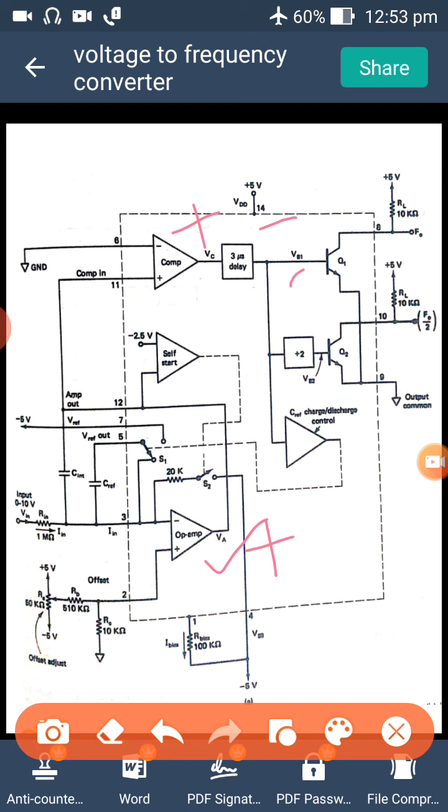If a low voltage is given at the input of the transistor Q1, then what happens? The transistor Q1 will become off. Right, if a low is given, the transistor will obviously be off. If the transistor is off, then the output frequency F0 will be high. This is the theme, because we are using the pull-up resistors here. The transistor that we are using is an open collector output transistor, and here we are using pull-up resistors. If the transistor is off, the frequency F0 will be high.